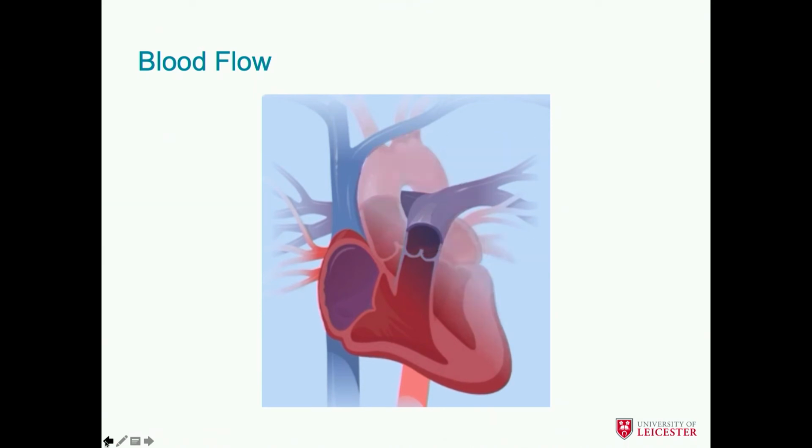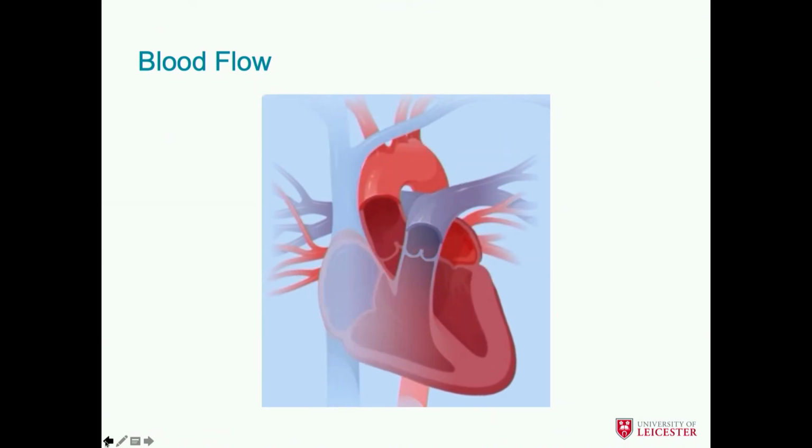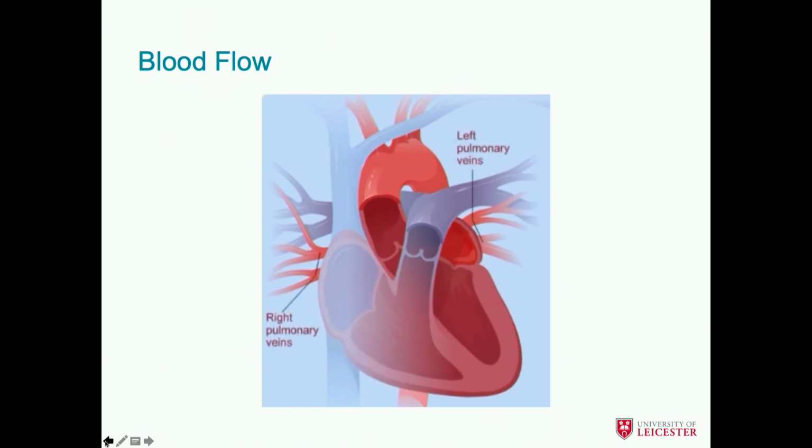Oxygen-rich blood returns from the lungs through the pulmonary veins and into the left atrium, where it fills up with blood. The left atrium now contracts and the mitral or bicuspid valve opens, and blood is pumped into the left ventricle. So this occurs at exactly the same time as a new contraction is taking place in the heart's right atrium. When the heart's left ventricle is full, the mitral or bicuspid valve closes and prevents backflow of